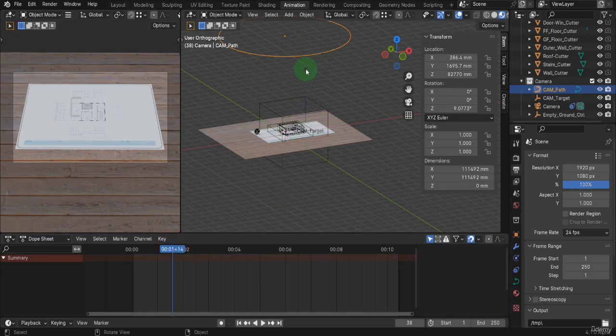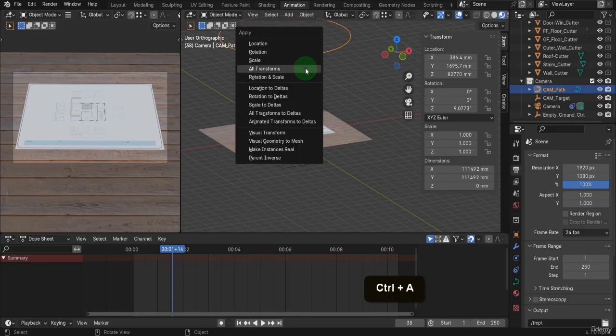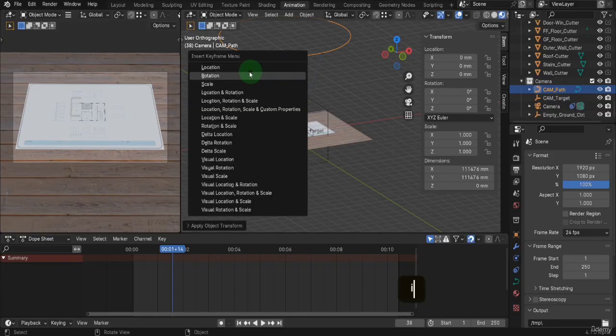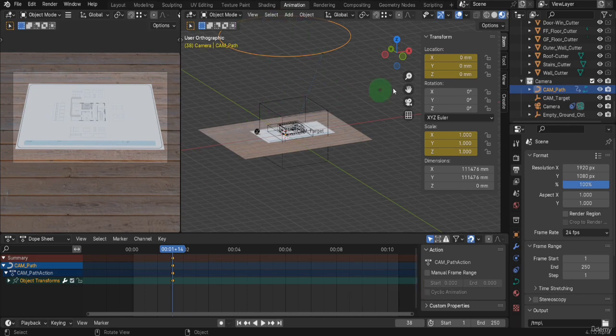Because this will be the start position for the path object, let's first press Ctrl plus A and apply all transforms here. That way, if this moves from position, we can zero it out. If you find a better start position later, just apply the location again. So press I, and this time we can add a location and scale keyframe here, as we need both location